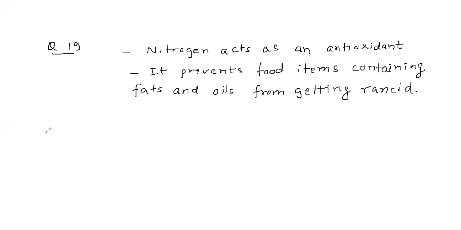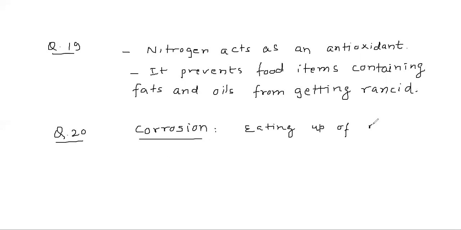Now let's consider question number 20. Question number 20 says, explain with example corrosion and rancidity. So let's take corrosion first. Corrosion is a process of eating up of metals layer by layer by the action of air, moisture, or chemicals. So we can say eating up of metals layer by layer